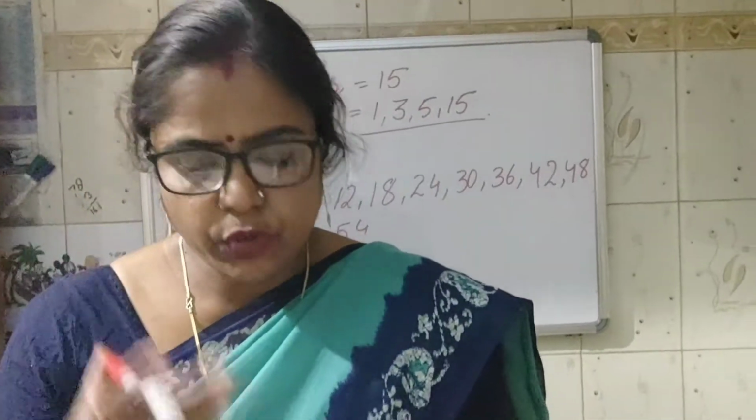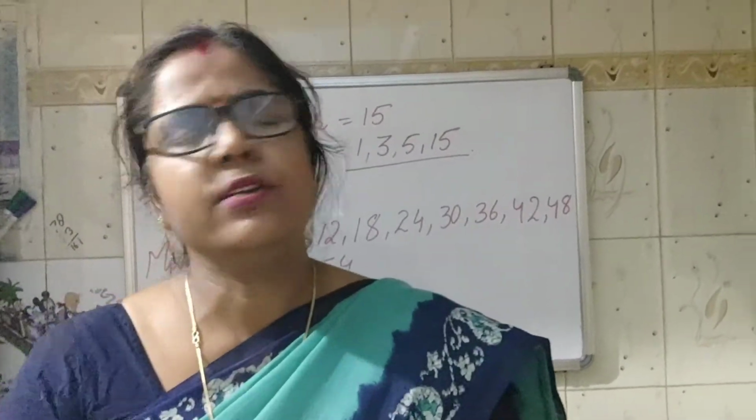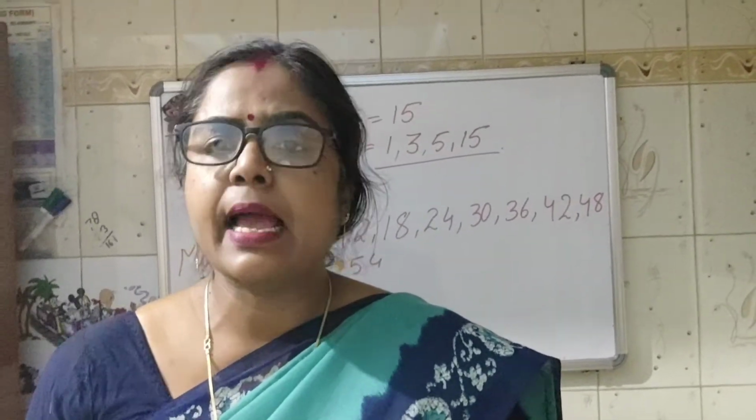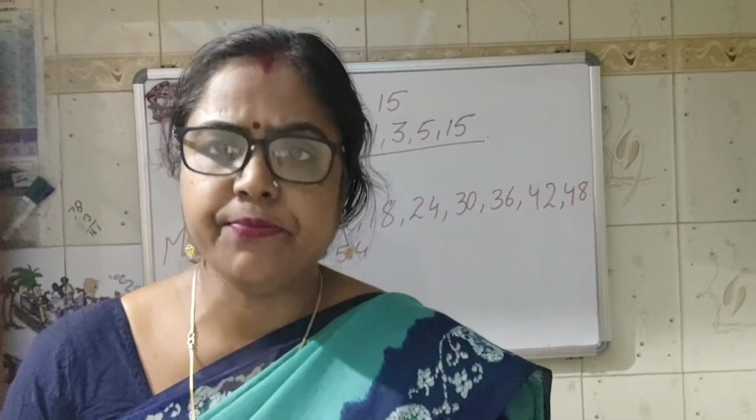John got 90 marks in the first test, 82 marks in the second test and 68 marks in the third test. So first you will write down the sum of the marks John got. You need not write John got this in the first test, this in the second, this in the third. Sum of marks John got. So it is 90 plus 82 plus 68. And then the number of events is 3, as 3 tests are there. So you have to divide and get the answer. I hope this is clear to you about the average lesson. Do the exercise, and in case you are facing any sort of problem, refer to the PDF also.